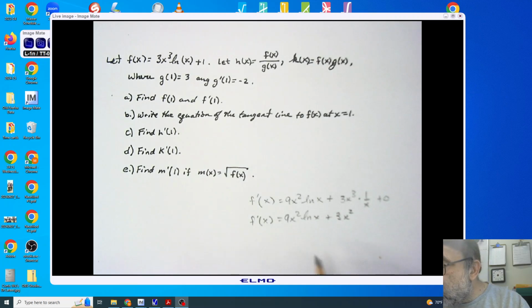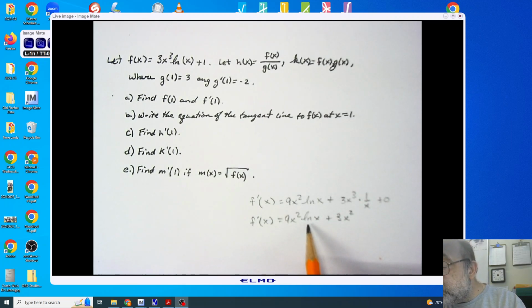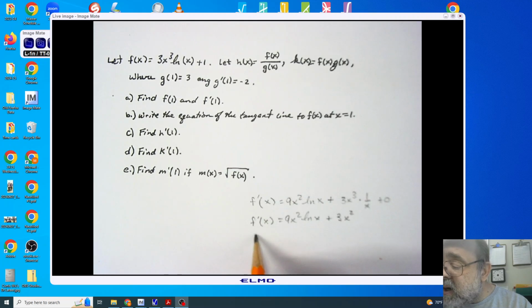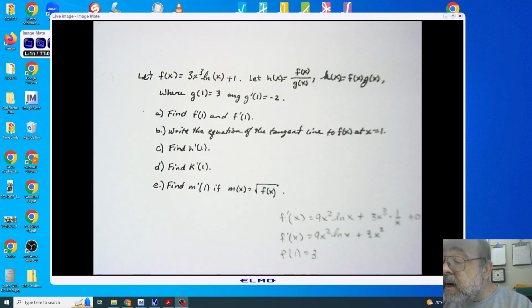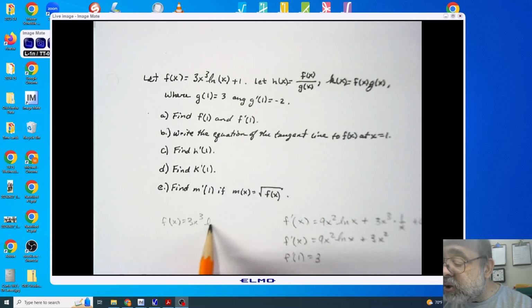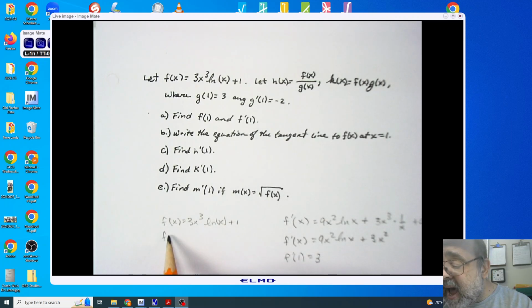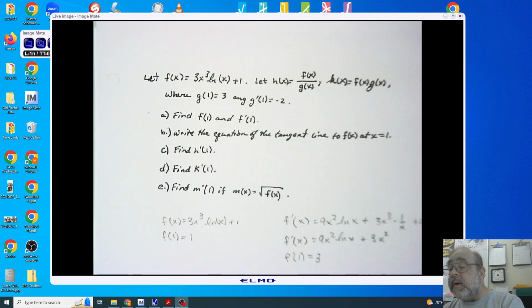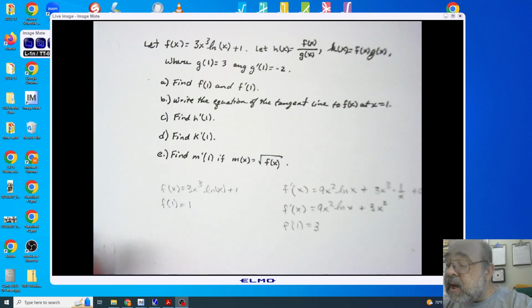I can now plug in the 1. Natural log of 1 is 0, and therefore I have 9 times 0 is 0 plus 3. This tells me that f prime of 1 is 3. We're going to need to find out what f of 1 is, so I'm going to look at what f of x is: 3x cubed natural log of x plus 1. When I plug in the 1 for the x, this entire piece is going to go to 0, leaving me with just 1. So I now know that f of 1 is 1, and f prime of 1 is 3,